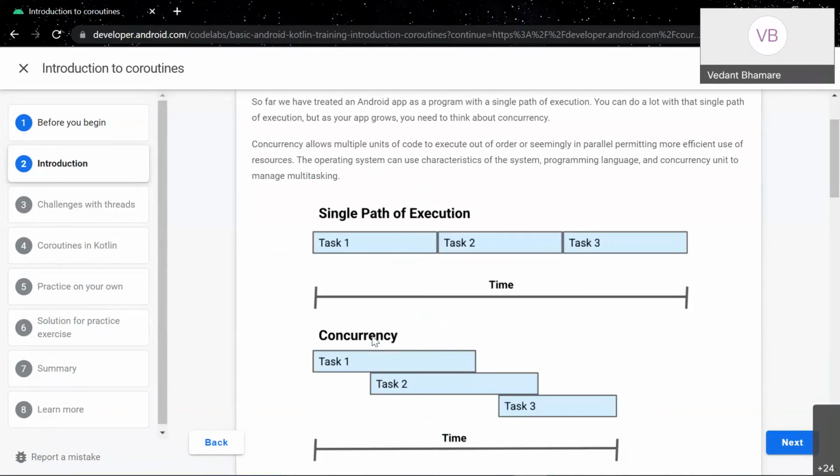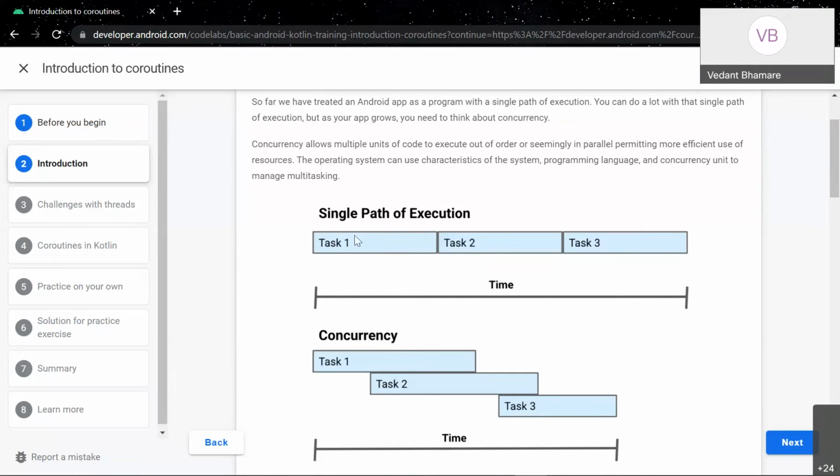As I said, whenever you are running some task on only one thread, like right now, all the applications that we have built at this point in the course run on the main thread. So this is like the path of execution of those tasks. You wrote the code for the activity XML file, then the main activity file, where you wrote the code for inflating that UI. So these tasks are executed one by one.